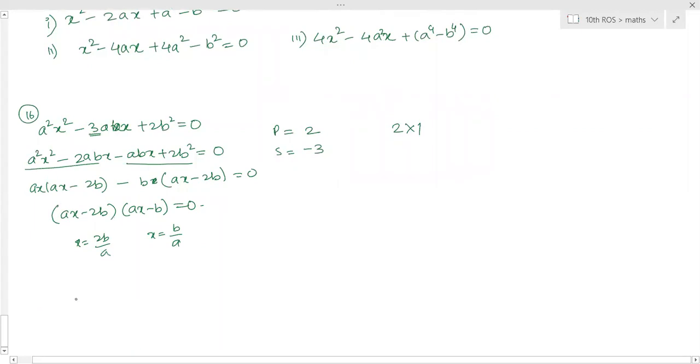Mom, can you just tell me how to solve the 19th one? Open the bracket and factorize separately. Mom, I didn't open the bracket. I took the bracket as D. You have solved by the quadratic formula. Yeah, I did by the formula. Okay, quadratic formula is a longer method for that question. Directly, open the bracket and factorize it.